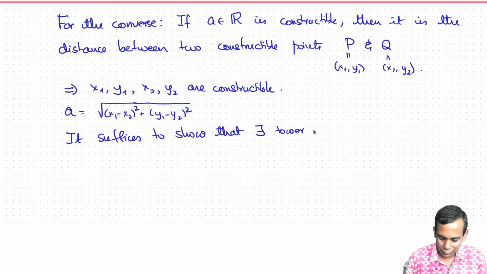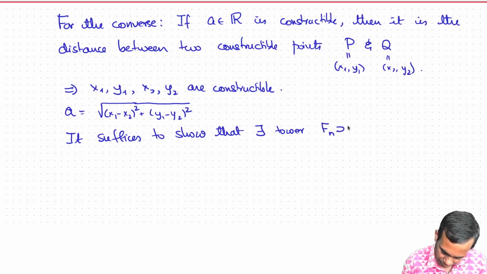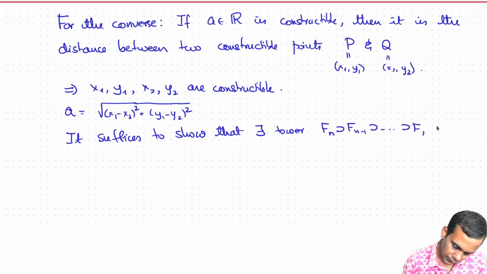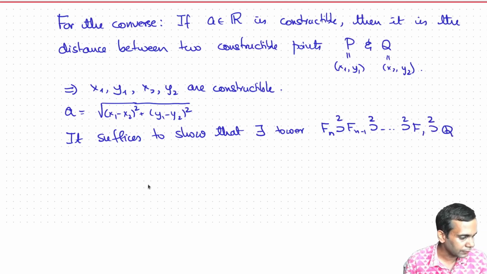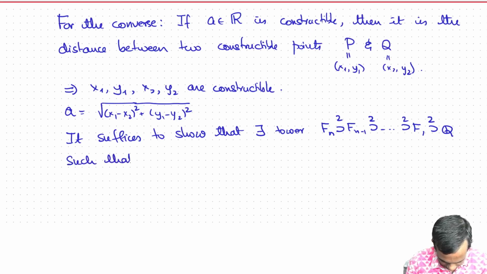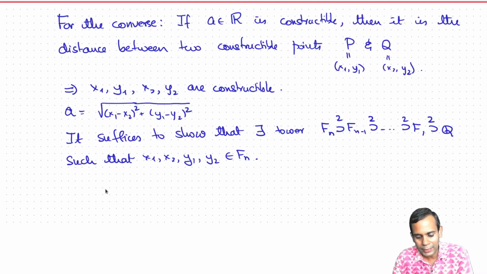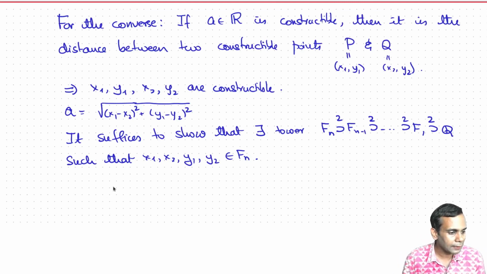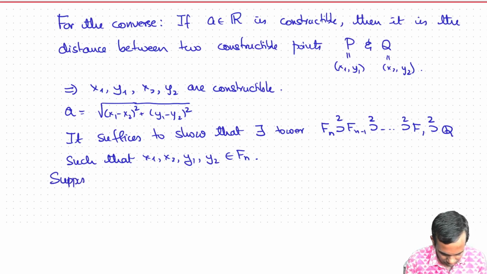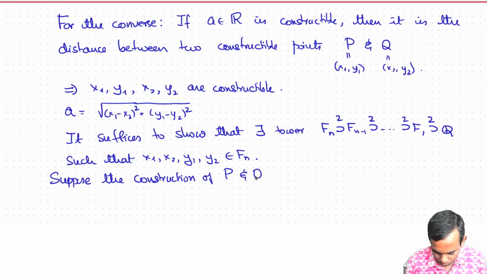Now, just to save space, I'll write my tower horizontally. Fn contains Fn minus 1, contains F1, contains Q, and each of these is of degree 2, of quadratic extensions, such that x1, x2, y1 and y2 are in Fn. Okay. So now these points P and Q are constructible. Let's say that the construction of the points P and Q takes place through several steps. So suppose the construction of P and Q involves